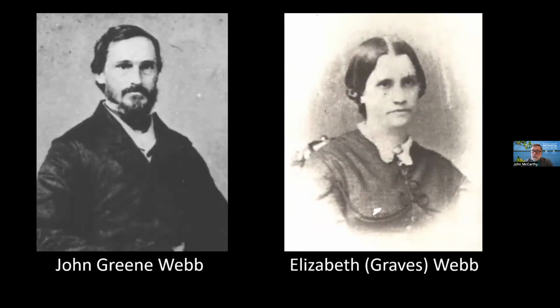These are her parents, John Green Webb and Elizabeth Graves Webb. So she shared a first name with her mom and hence took on the nickname Lizzie. Her mom was known as Eliza. And they came to Florida because Eliza had asthma, and the doctors said, "Go south and you'll feel better." And she did. She claimed she never had another asthma attack after coming to Florida. John Green Webb was a bit of a chemist, pharmacist, gentleman farmer, and well prepared to come and stake a claim of the homestead land in Florida back in the